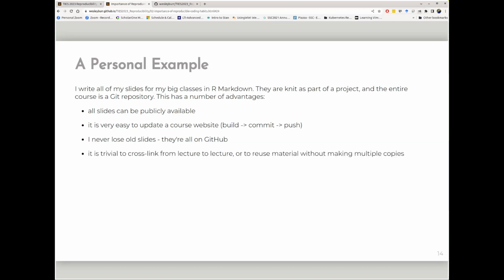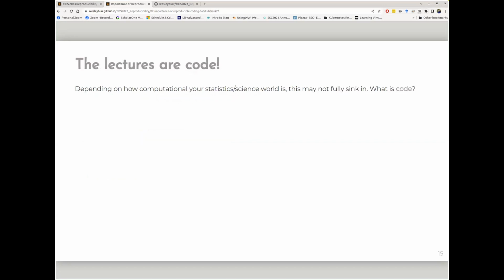Because they're actually a web page, I can cross-link from lecture to lecture, or steal a lecture that I've previously looked at and just reuse some material or a nice example I came up with. It's easy to reuse my own work. And I do a lot of teaching. Primarily, that's my job 8 months of the year. So I'm constantly using these science skills even when I'm teaching, which helps me when I go to do science again. They're there, they're fresh, I haven't forgotten how to use them.